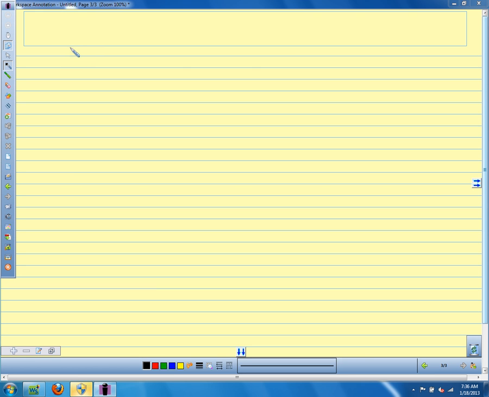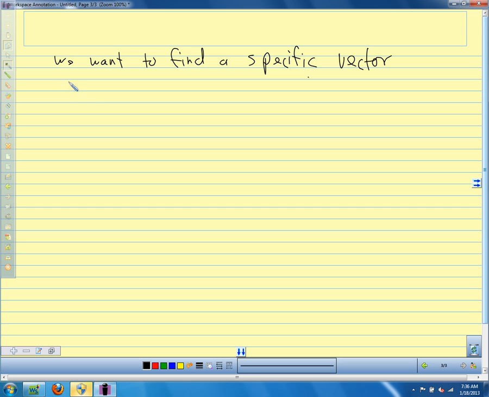So now we want to analyze our curve, and we'll extend this as we go on. We want to find a specific vector orthogonal to our unit tangent vector. And to do that, we're going to go back to our properties of derivatives of vector valued functions. If we remember, and I'm going to say recall, because I don't get to use that word very often. Recall that